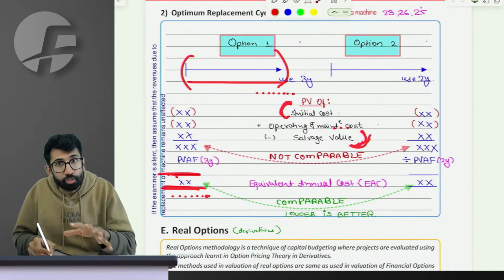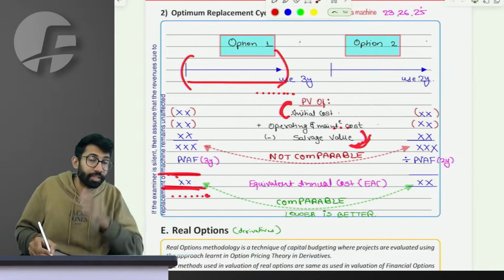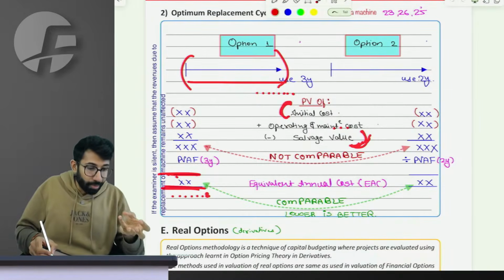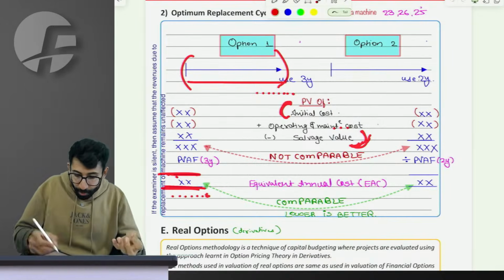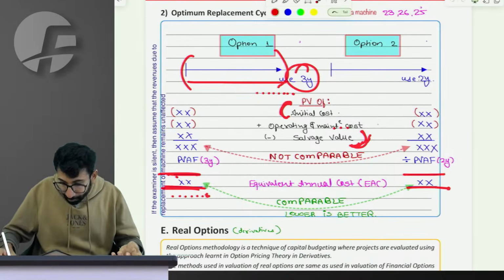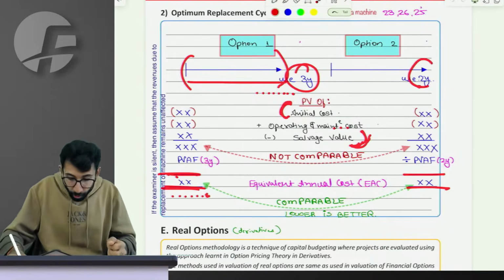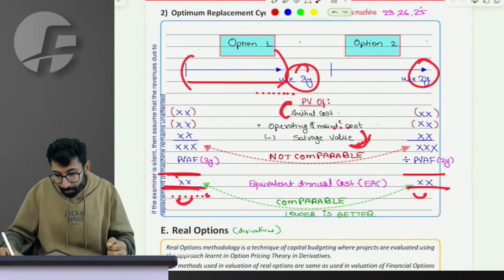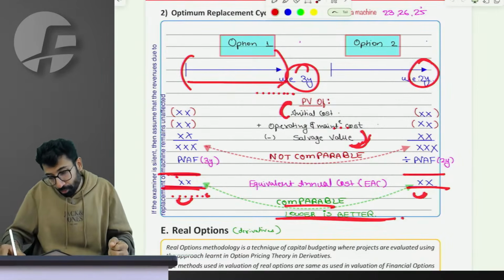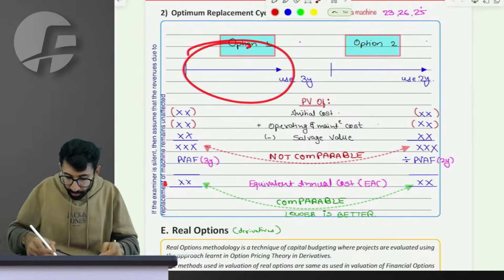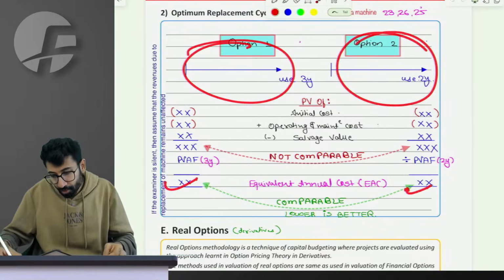Per annum cost on an annualized, equalized basis: the per annum cost of buying, operating, and using the machine for 3 years, and similarly the per annum cost of buying, operating, using, and selling the machine for 2 years. Since they are per annum costs now, they are comparable and the lower is the better option. So you figure out the cost when you use the machine for 3 years, and the cost if you use the same machine for 2 years.